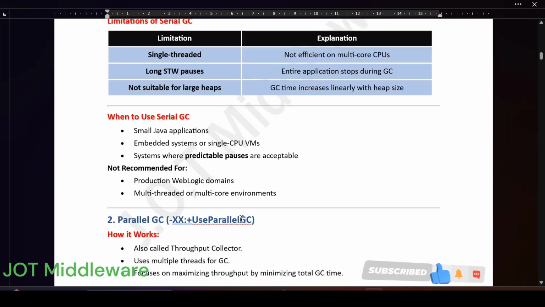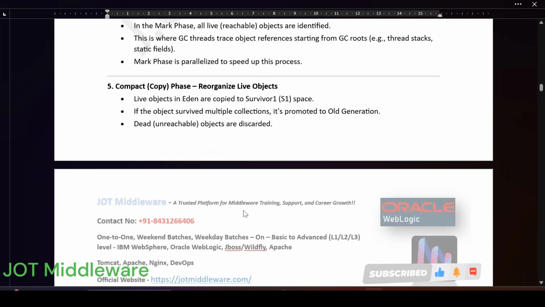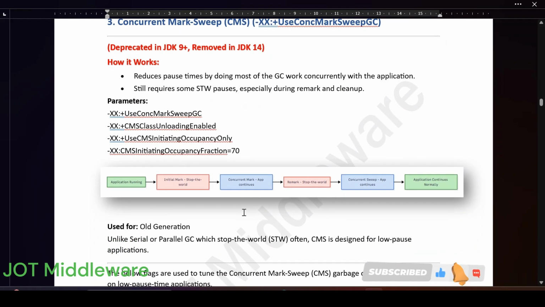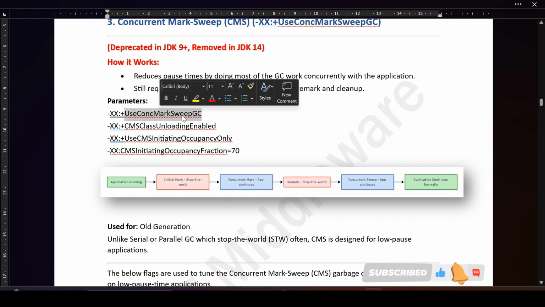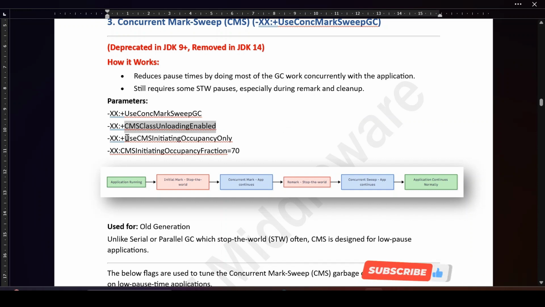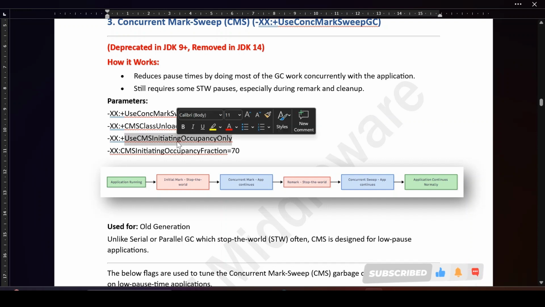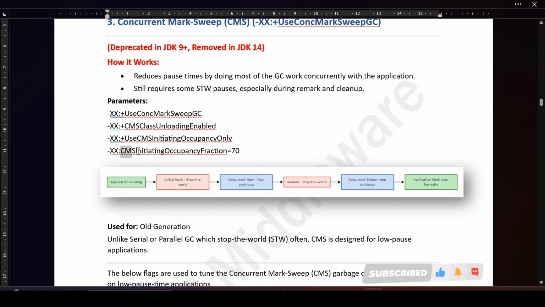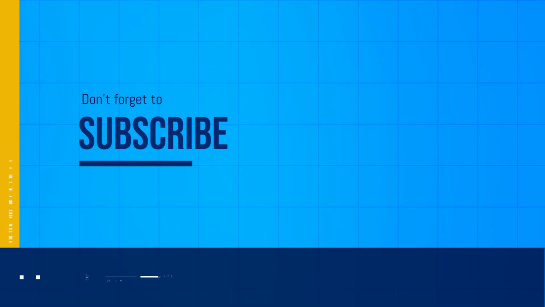Okay. So let us tune with CMS, which is concurrent mark and sweep, with a few more parameters. These are the parameters we have already discussed. This one enables concurrent mark and sweep GC, and this one enables class unloading, we have discussed this, metaspace, and we are enforcing CMS initiating occupancy only parameter. So this one enables the GC to use this occupancy fraction. What does it do? When